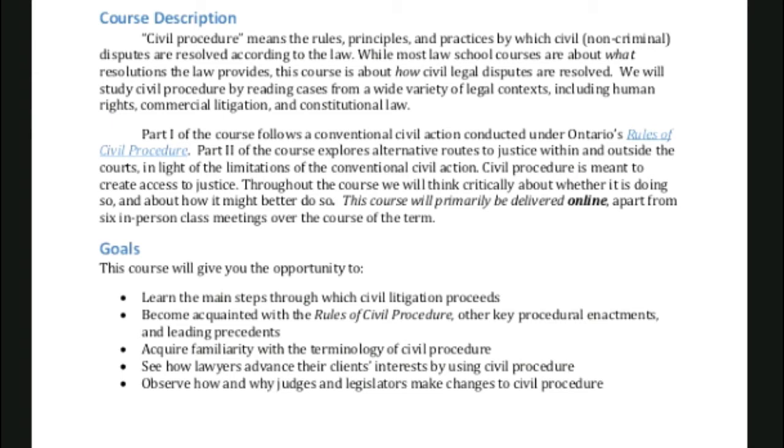Okay, finally, observing how and why judges and legislators make changes to civil procedure. As you know by now, law is a constantly changing kaleidoscope of interests and rationales and rules changing for different reasons. We're going to try to get a sense of why the rules have changed the way they do, how they might change in the future. And of course, once you're called to the